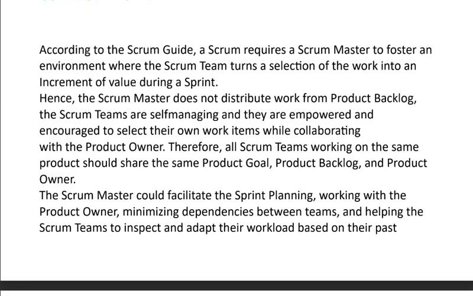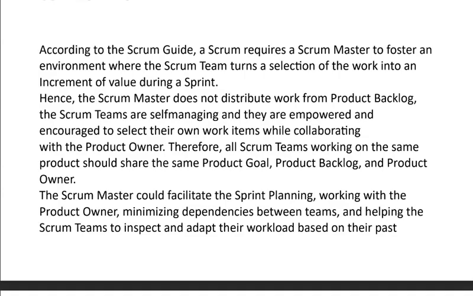Answer is according to the Scrum Guide, a Scrum requires a Scrum Master to foster an environment where the Scrum team turns a selection of the work into an increment of value during a sprint. Hence, the Scrum Master does not distribute work from product backlog. The Scrum teams are self-managing and they are empowered and encouraged to select their own work items while collaborating with the product owner. Therefore, all Scrum teams working on the same product should share the same product goal, product backlog,